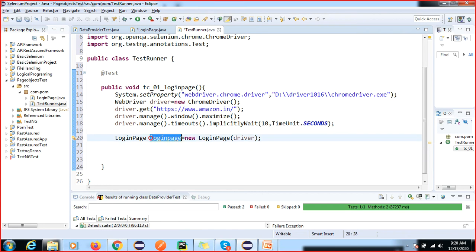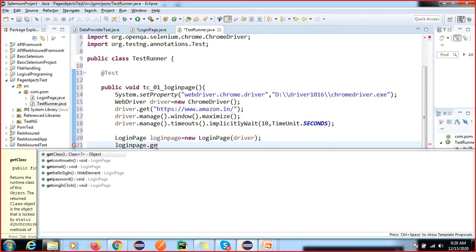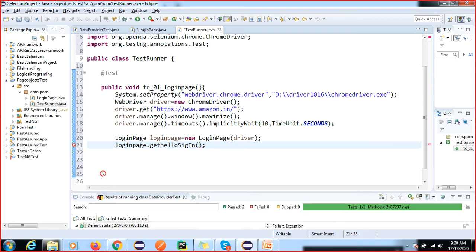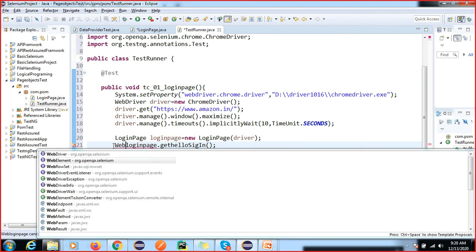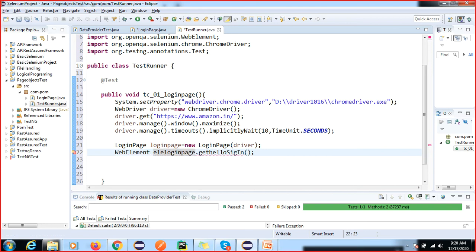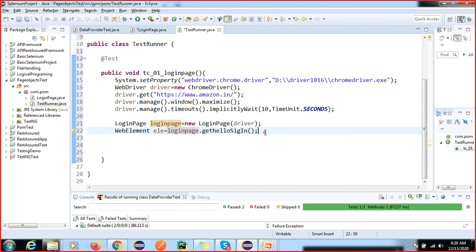Now what are your steps? First step, I will access this dot get sign in hello, right? The return type is a web element, so I will store it here in ele, and you have to perform your mouse over event.